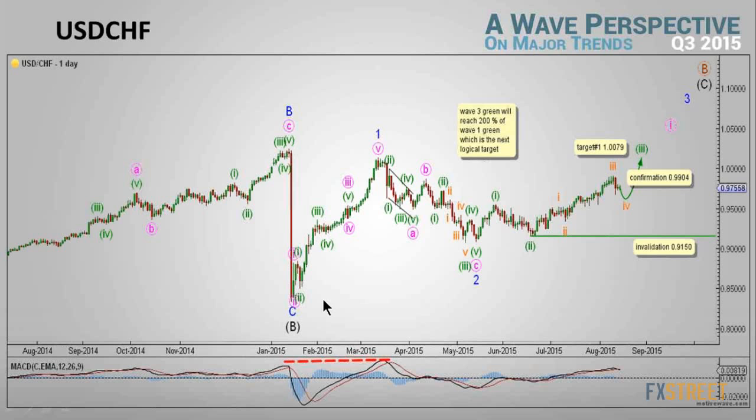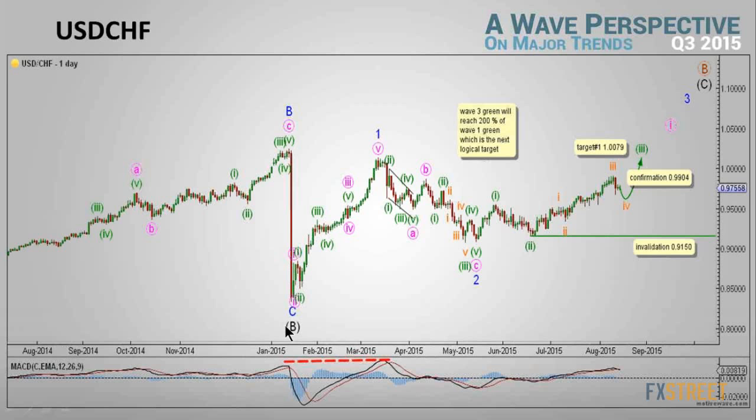On the daily chart, the main count sees wave B black complete as an expanded flat correction labeled waves 1 through 5 green. As an expanded flat correction labeled waves 1, A, B, and C blue, with wave B blue unfolding as a zigzag labeled waves A, B, and C pink, and with C pink unfolded as an impulse labeled waves 1 through